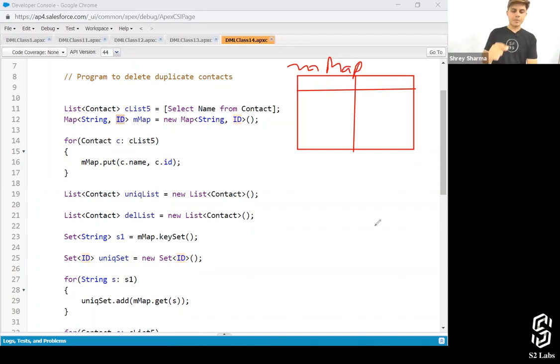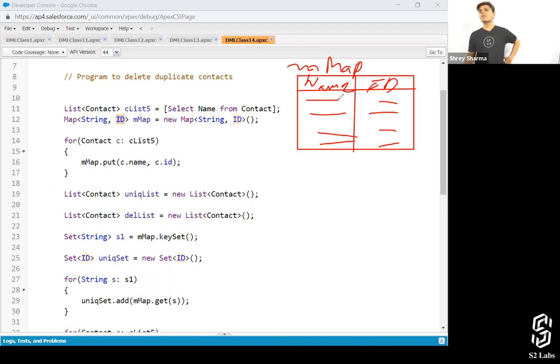This is a map. Over here, I want to store the names of the contacts, and over here, I want to store the IDs. So in this M map, I'm storing every contact's name associated with its ID.